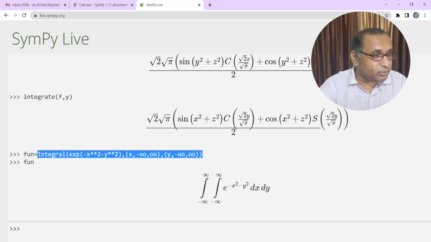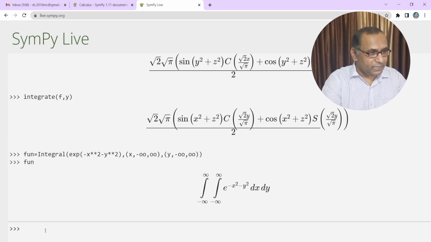If you want to simplify, then what you will do, as we do in the derivative, remember the function doit. So here, fun.doit. This will simplify the above double integration from minus infinity to infinity for x and for y, and